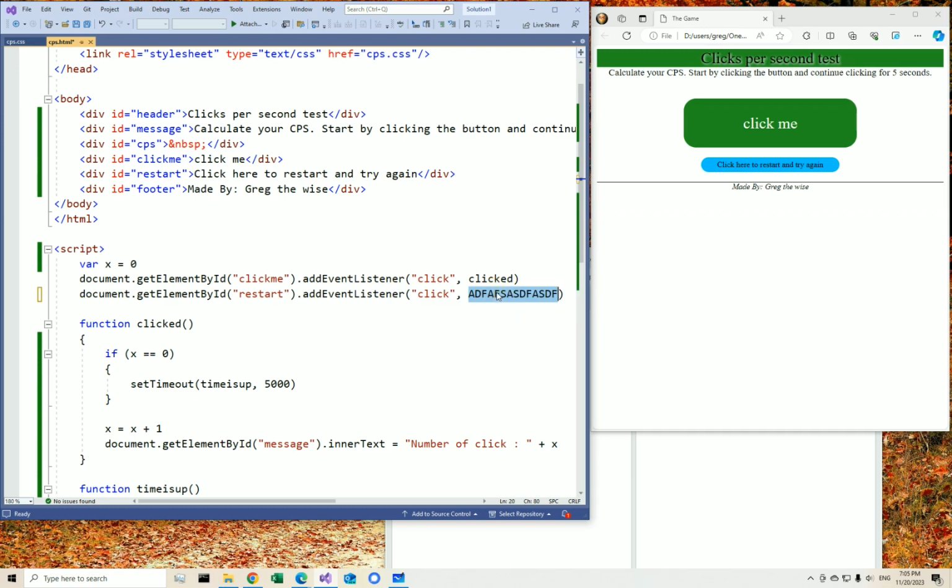Well, I can't say clicked, because if I do that, then clicking on the restart button would call this function. So I don't want to do that. I need to have something else. So maybe I'll say restart clicked. How about that? But see how those two words get glued together and it's